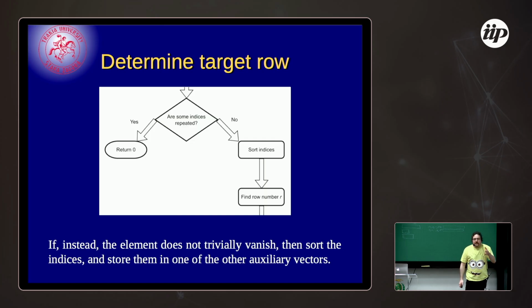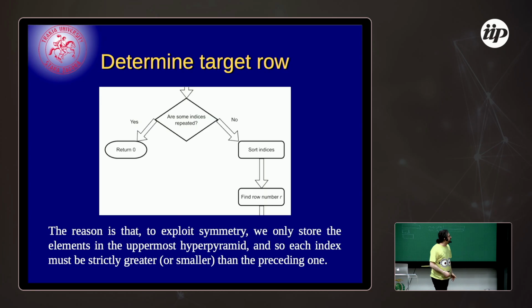By the way, it doesn't matter if it's strictly increasing or strictly decreasing, whether you're storing the uppermost or the lowermost hyperpyramid, so long as you stick with your convention. In fact, I don't even remember which convention I used when I implemented this. It doesn't really matter. So this is why we sort the indices. After sorting the indices, we go and we find